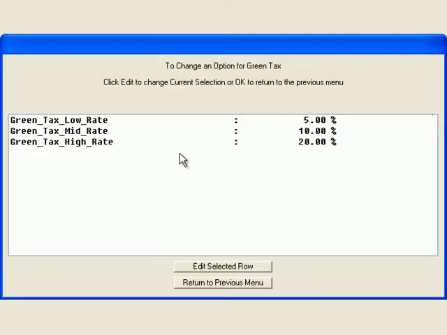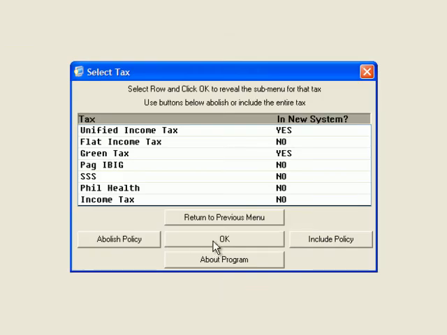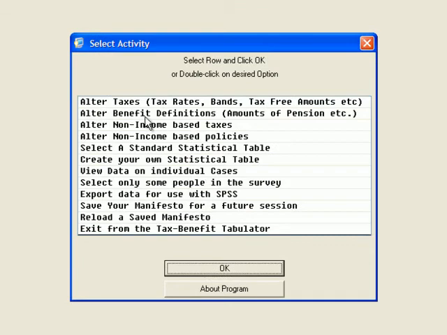Let's click on that. There is a low rate, a high mid-rate, and a high rate. The mid-rate is on basically all expenditure. It's similar to raising the rate of VAT. The high rate is a rate on such things as fuel, like the green taxes that exist in Sweden and Denmark. So let's click Return to Previous Menu, and let's go back to the main menu and just mention what's